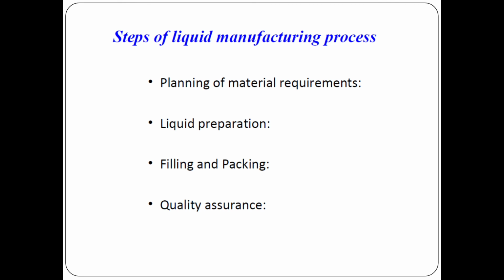All those monophasic liquid dosage forms are directly dissolved in a solvent, but in suspensions and emulsions, we have to disperse them with the help of third agents, like emulsifying agents or suspending agents, that we use for the manufacturing process. During those processes, you also have to follow the different process variables. Then at the end of the preparations, the next step is the filling or the packaging, and ultimately the quality assurance, because before the quality assurance we cannot dispatch our product.